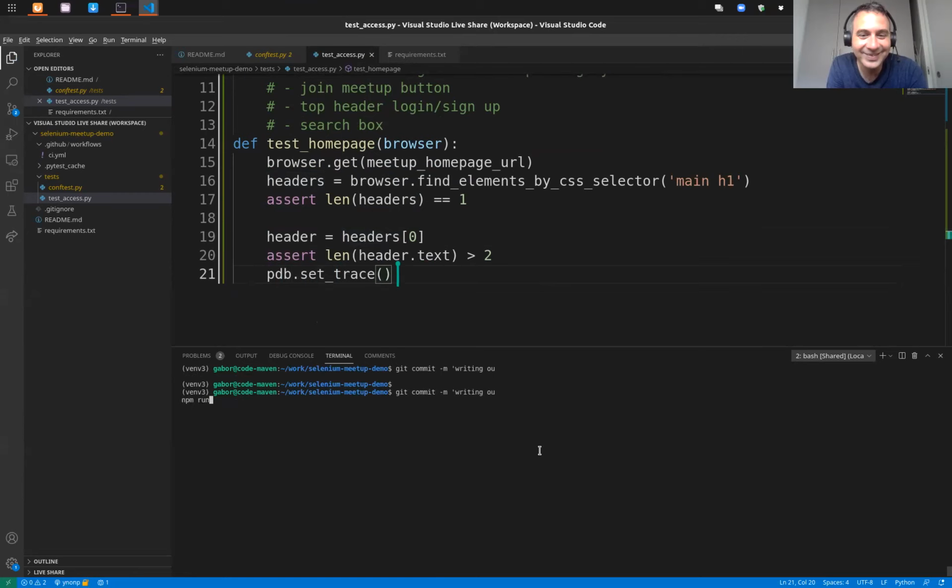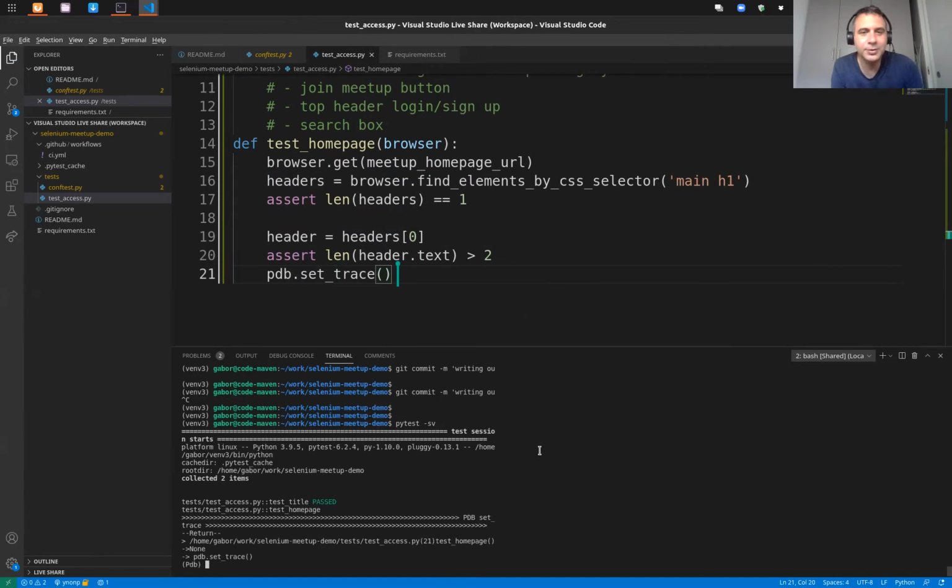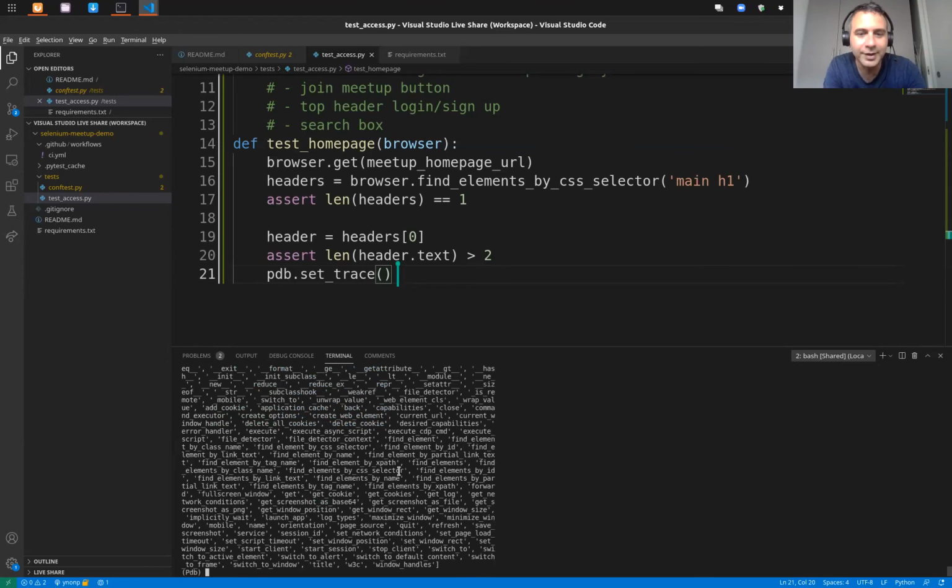Yeah, okay, PyTest. What's going on here? I like writing, and I can't see code commented out. Like I forgot I put it and I write it again. Never mind. Browser dot find elements. Now we know the name. Remember, we did a dir earlier. We did the dir browser. So we know everything there.